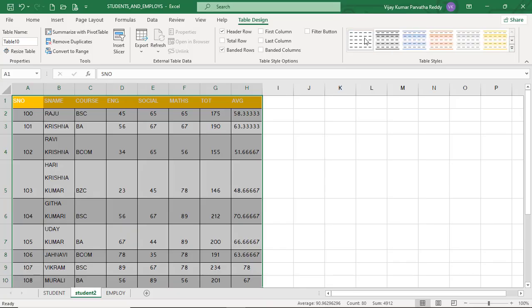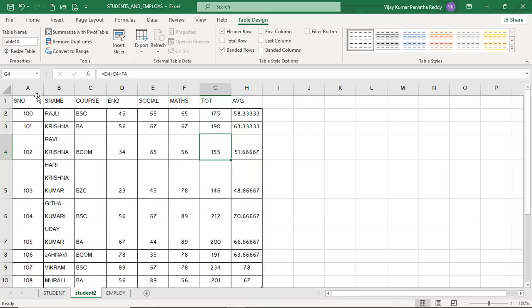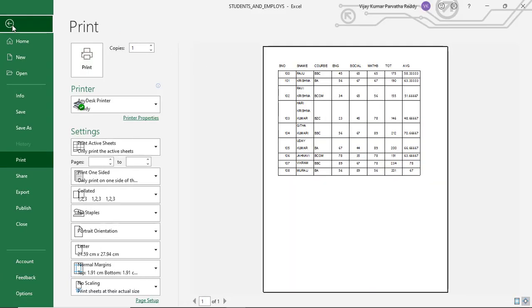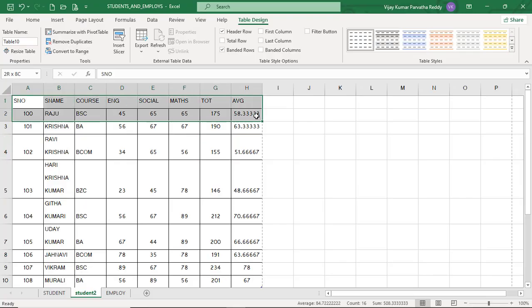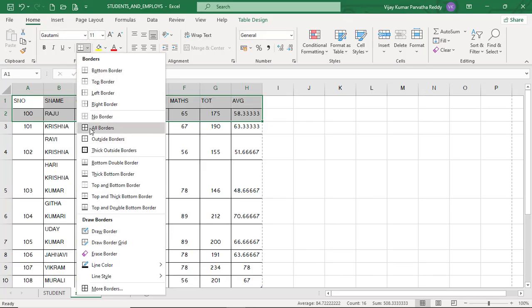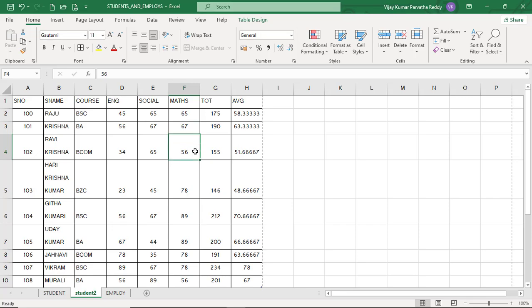You can select a plain style. This is the plain one. None means nothing. You can apply none style in a table design tab, so that normal data will come, normal data will appear. So you can preview this. See, column headers is not with the borders. You can also apply borders for the first columns. All borders I applied. So like that you can apply table formats, predefined table styles. Okay,